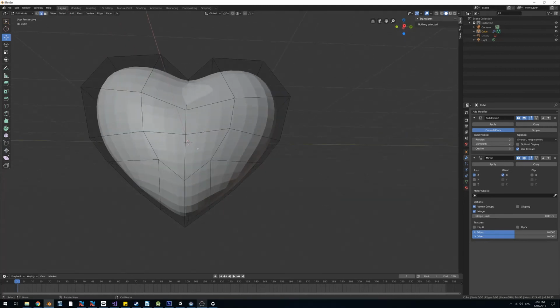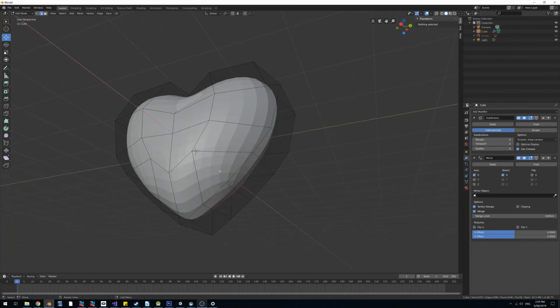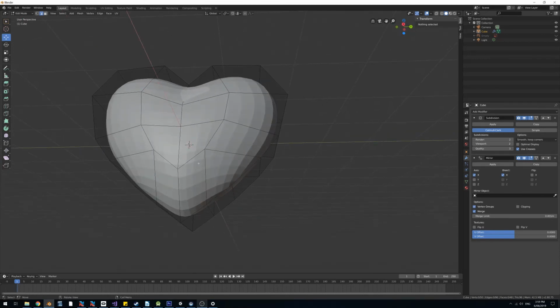Now this is a thing that will take you a long time to get used to, but what I want to do is change how this whole mesh, what we call flows. I want to change where all of the lines will take you. And so when I look at this,